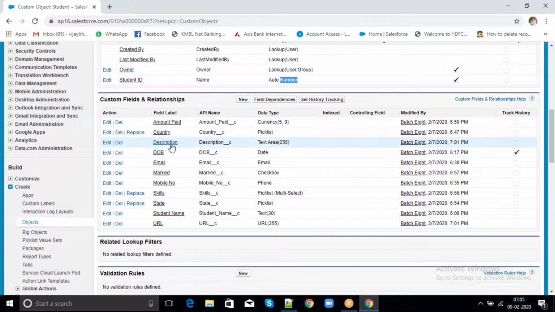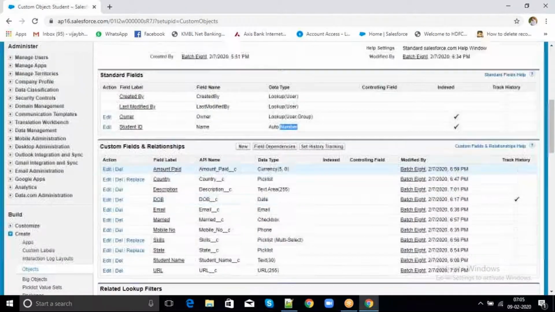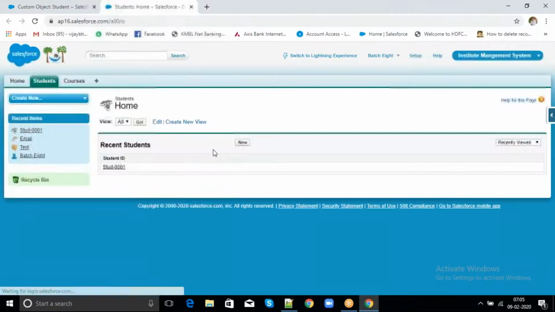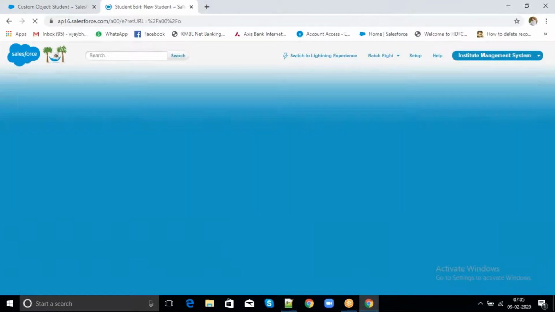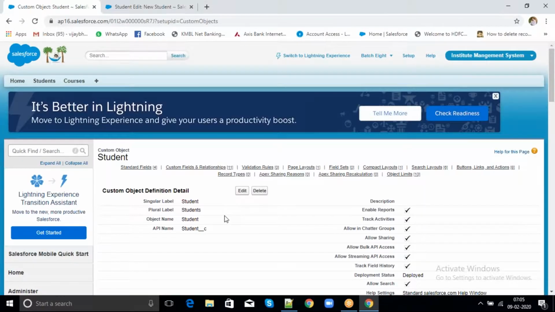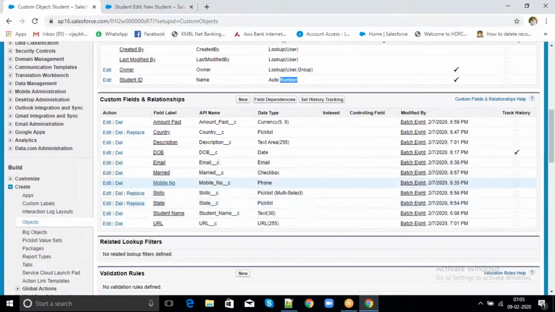Next, these are all the custom fields we have created in the student object. If I click on new, these are all the labels, and these are all the API names.